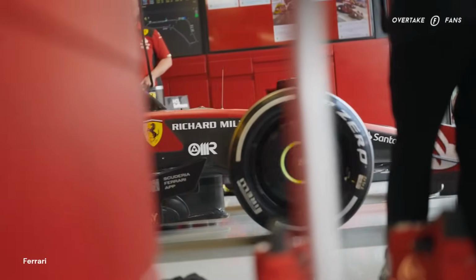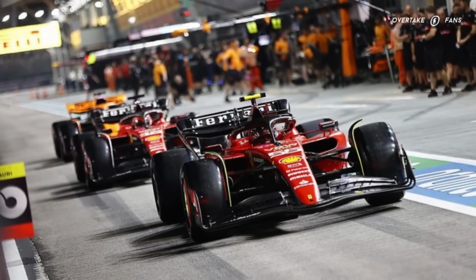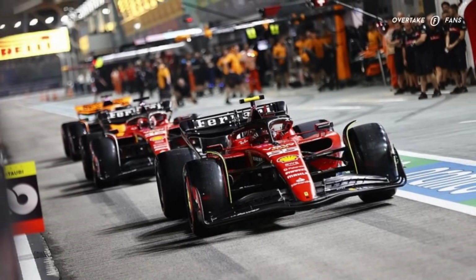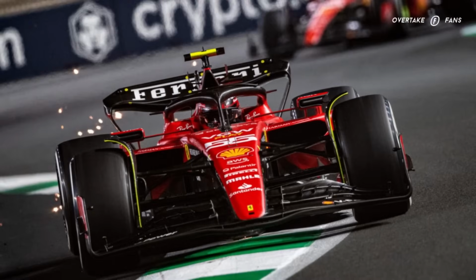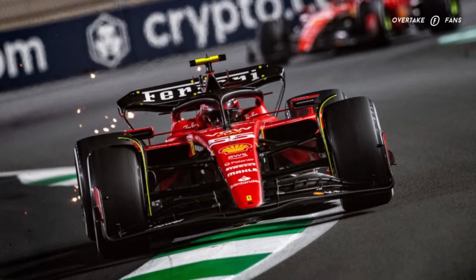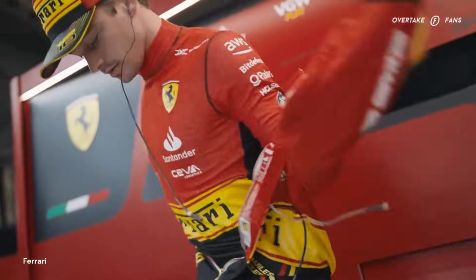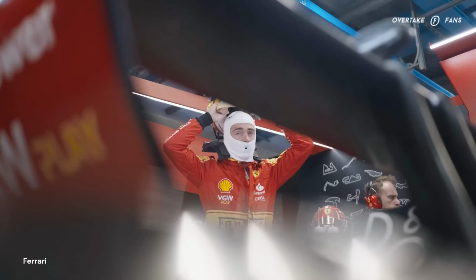at all from Ferrari. Carlos Sainz drove a masterclass race at Singapore to claim his second victory and Ferrari's first victory of the season. Ferrari brought a revised front wing to Singapore, which was an iterated version of the car's original front wing spec, which was used at Bahrain. The Italian car's front wing is much more similar to the Red Bull design, when considering how the airflow interacts